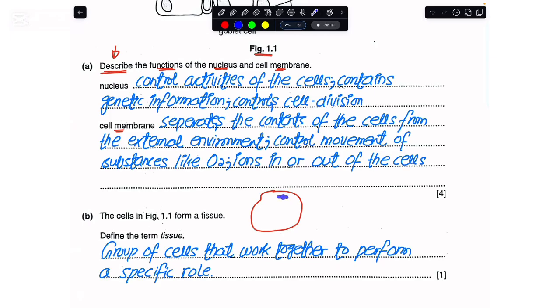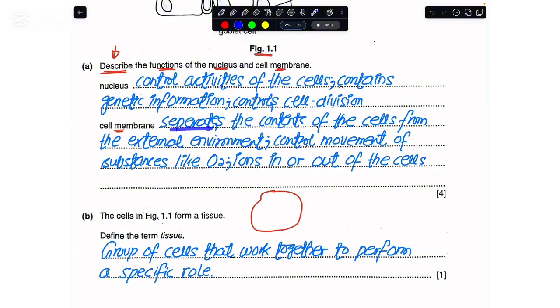And at the same time, you know that we have this cytoplasmic content within a cell that we would like to keep intact within the cells, and we would not allow it to leak out of the cells. So if I have to control the entry and exit of substances, and if I have to keep the cytoplasm or the cellular content like the mitochondria intact, I would need this cell membrane. So for the cell membrane, if you are required to write the functions,